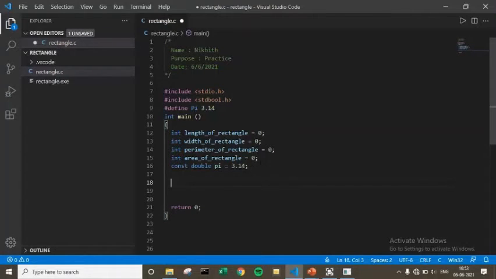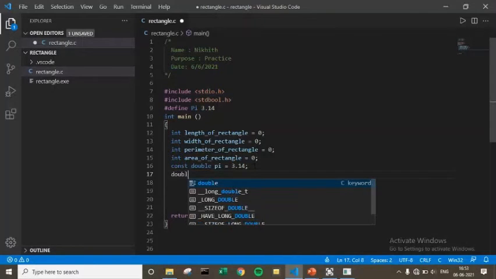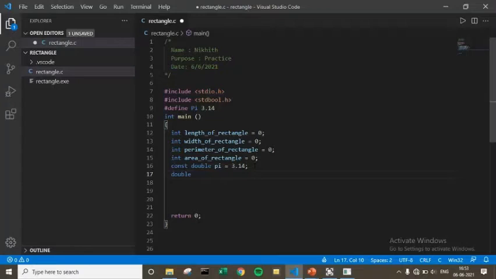And let's print out the values. Before printing out the values, I have to say one thing. You cannot print out this pi directly, so you have to store the value of this pi in a separate variable, and then you have to print it out. For example, let me create another variable of double, which is pi copy is equal to pi.